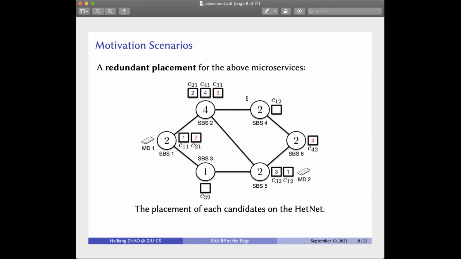This slide shows the redundant placement example. We can see that every microservice candidate has the possibility to be dispatched to any small cells, which greatly increases the hardness of the problem. In this example, the undirected connected graph